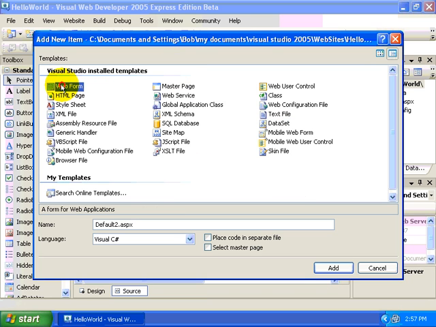For right now, what I want to do is select another web form. I'm going to rename the web form to secondpage.aspx. I'm going to make sure that the language is selected as Visual C#. And here I'm going to either check or uncheck place code in a separate file. Now, if we were to select this, then we would get the file like